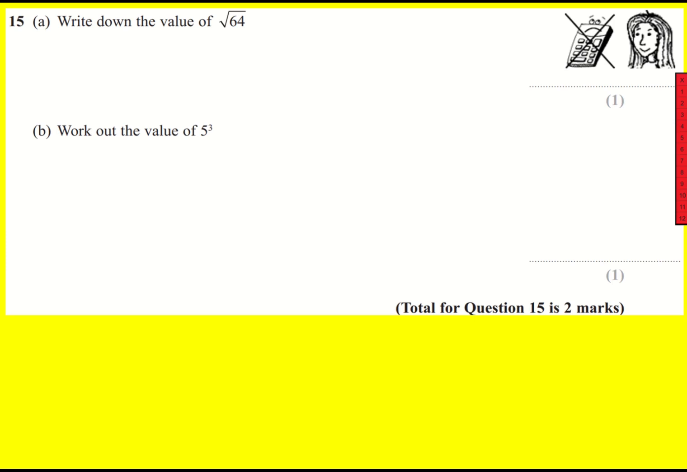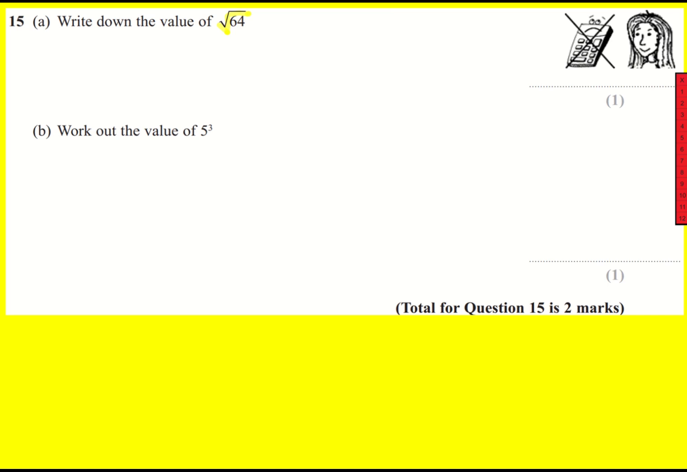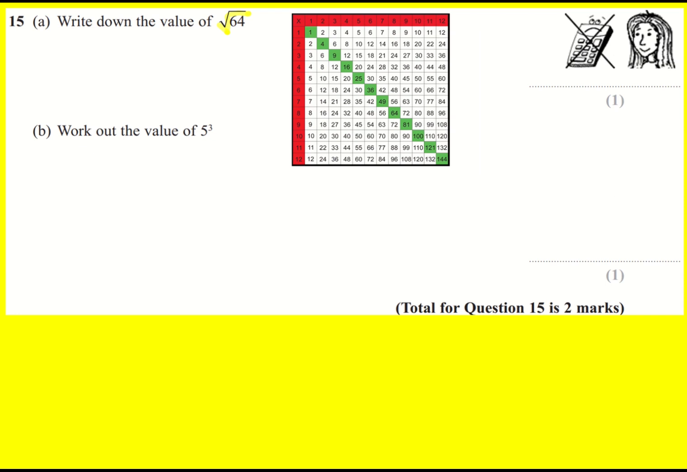Part A, write down the value of the square root of 64. So this symbol here means square root. So the square root of 64. So that means you need to know your square numbers up to 100. So your square numbers up to 100 are these green ones on the diagonal, 1, 4, 9, 16, 25 and